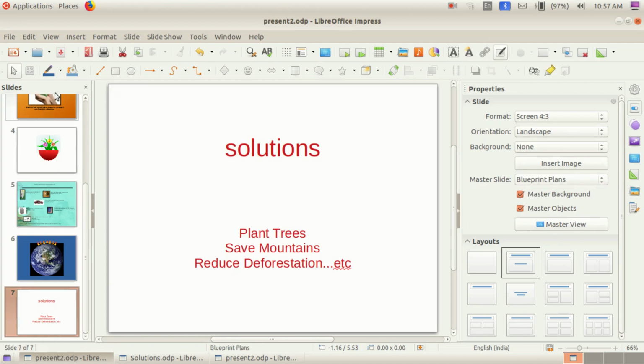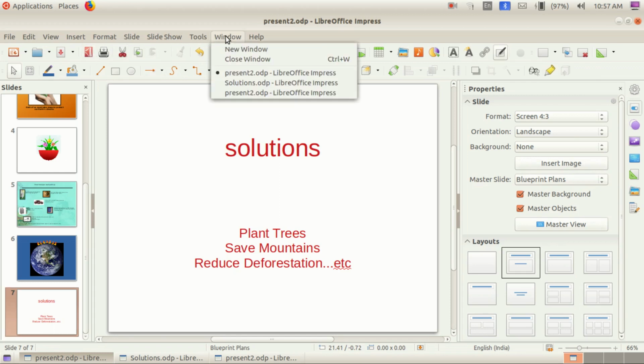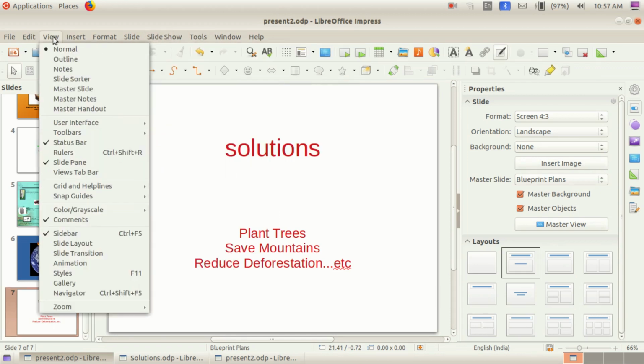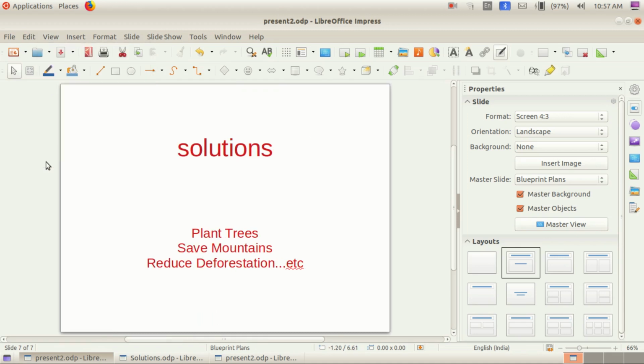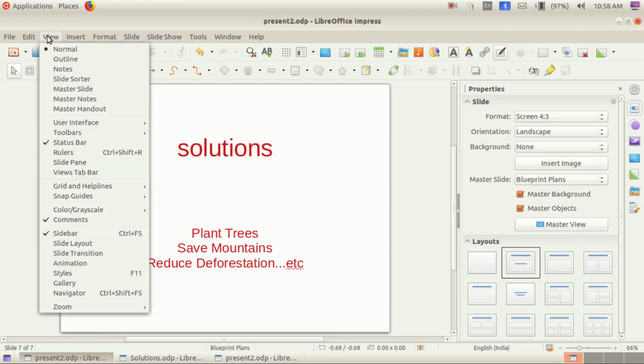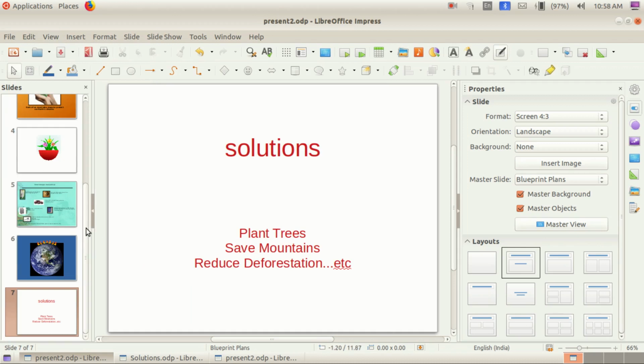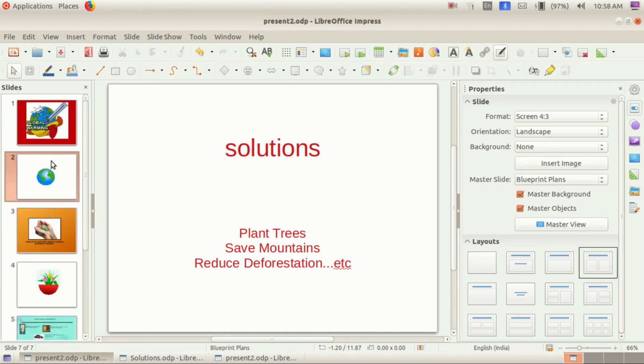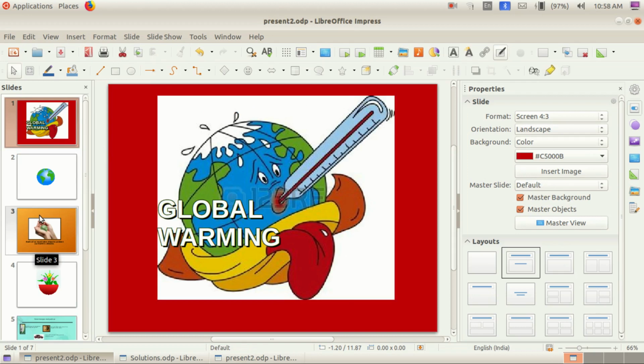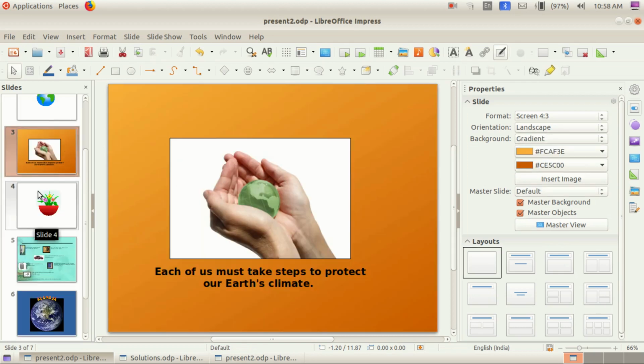This is the slide pane, children. Look here. Here you can see the properties window and the slide pane window. Where can we see it? View slide pane, that is said in your textbook. If you turn off the slide pane, we have nothing here, children. Then if we click view slide pane once more, you can see it. We need this for arranging our slides, isn't it, children?